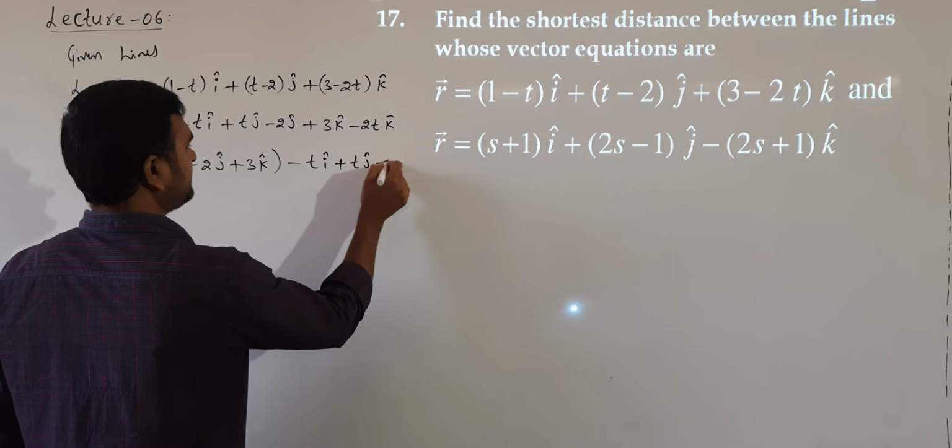Already we solved one question based on the shortest distance between two lines when they are given in vector form. So substitute in this formula, simplify, and we will get the distance between the two lines. We know all the notations a1, a2, b1, b2. Evaluate the distance by using this formula. Simplify, and we will get the answer.